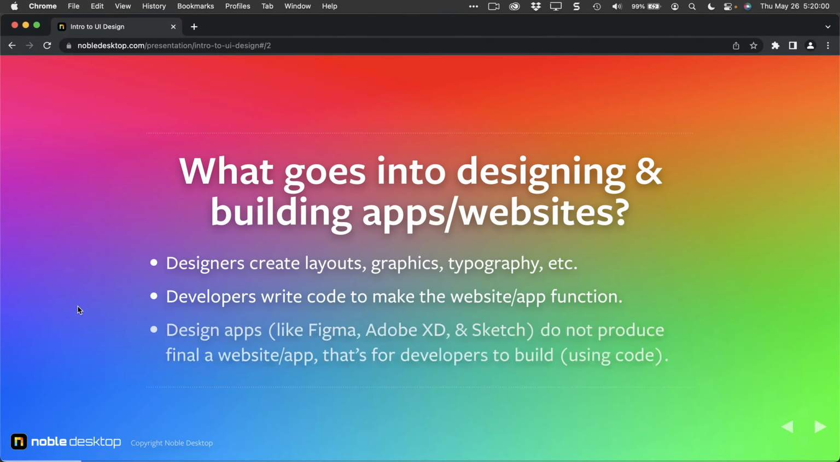or application. It is important to know that our design apps, such as Figma, Adobe XD, and Sketch, do not produce final websites and apps. That's something that developers will build using code. So we design, they build, and we're going to use design apps that are not responsible for actually building those